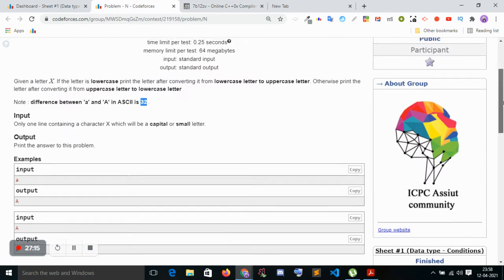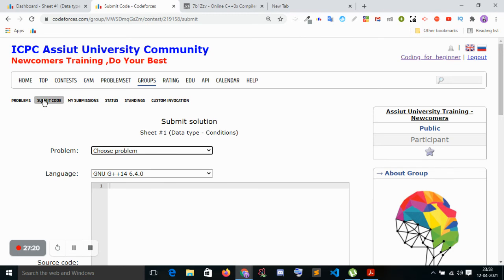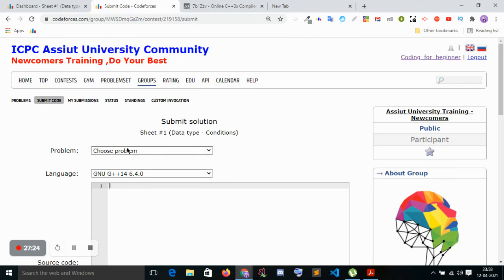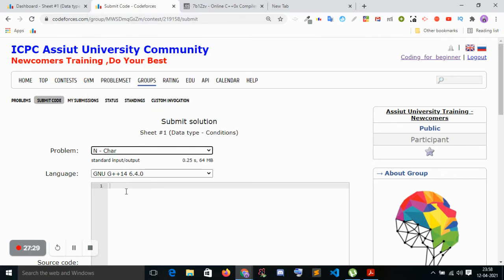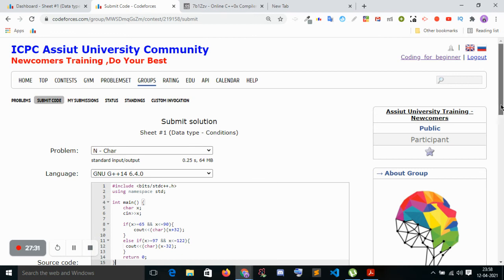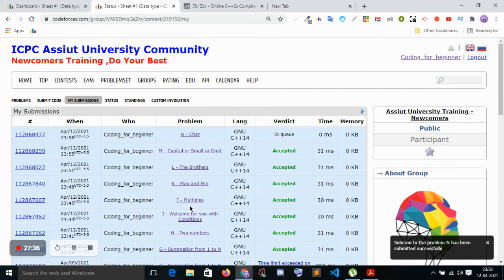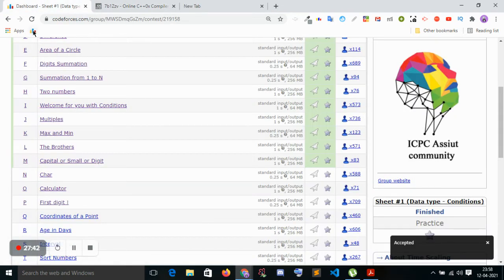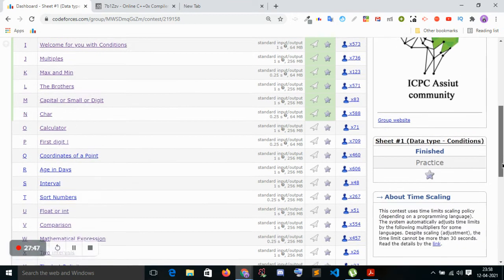So let's try to put it. Okay, I will check the first condition, whether x is between 65 and 90. If it is between, that means uppercase. I should convert into lowercase. Okay, that's the question. So this is a Div 2 A one, but it is very basic, and it is very important to develop a basic skill. Okay, basic implementation skill. Okay, so let's try to submit another problem.